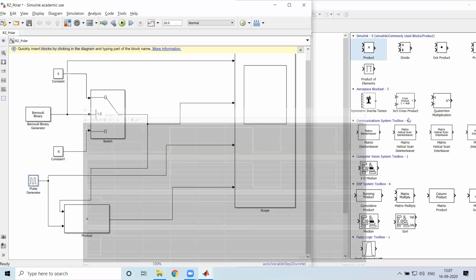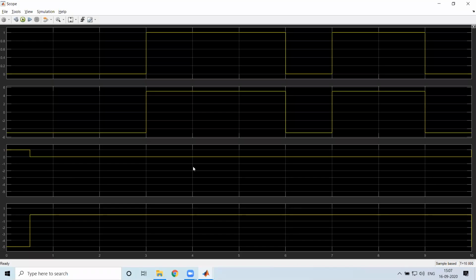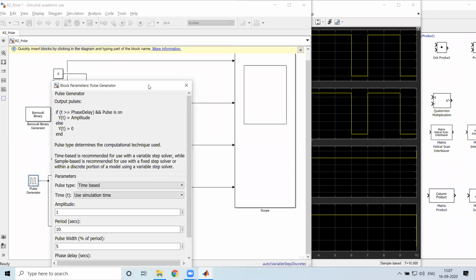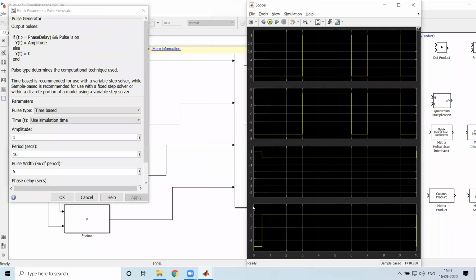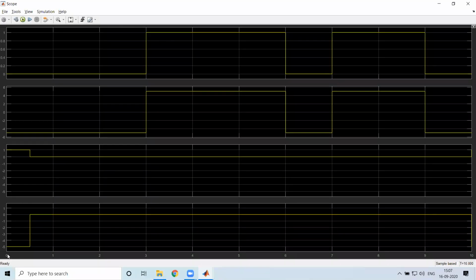So what is the change we have to make? The change is with respect to the pulse that you generated. If I double click this pulse generator, what I'm getting is 10 bits, that is a period of 10 seconds. After this it keeps on repeating. From here to here it is entirely 10 seconds: 0, 1, 2, and so on up to 10.